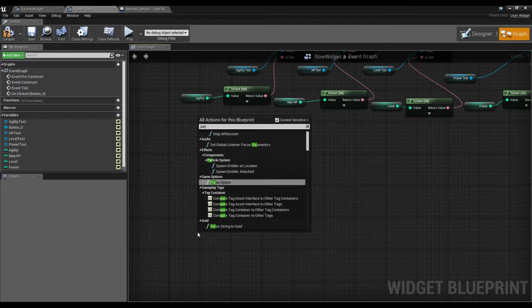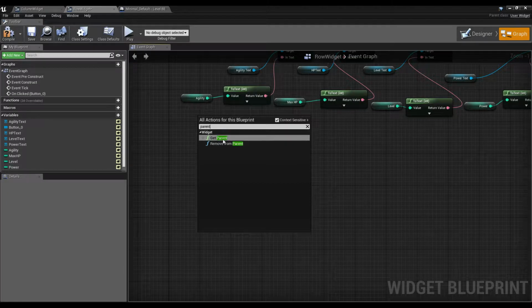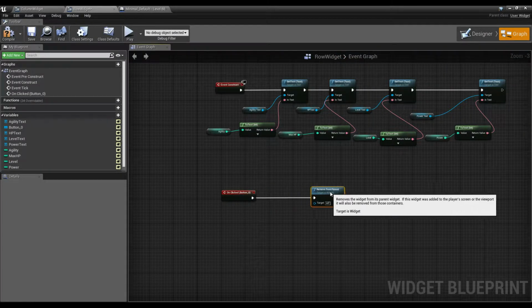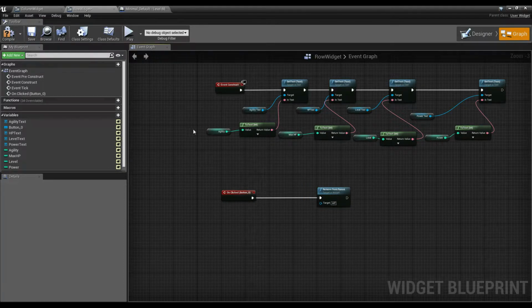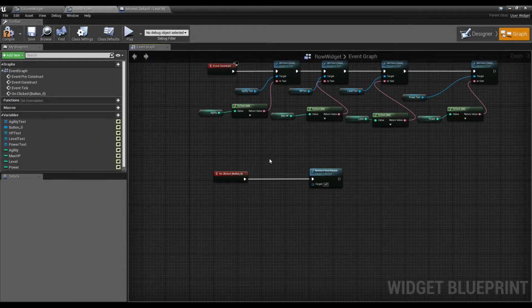Let's try parent one more time. Okay, so that actually doesn't work. I thought I've used that before. Maybe I'm missing something. But one thing we can do, if we can't get parent, it's a little weird that we can't get parent, but if we can't get our parent, what we can do is we can just store